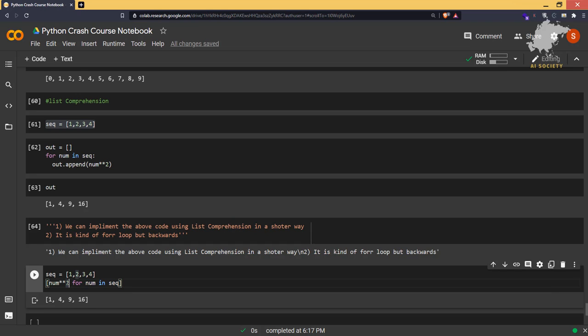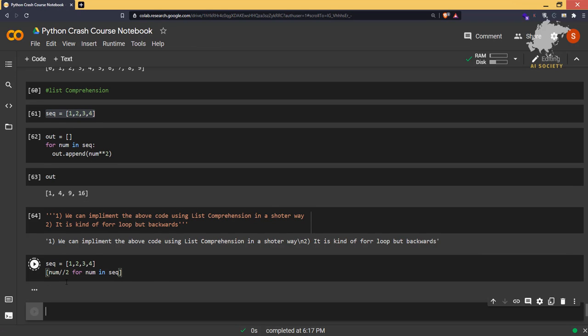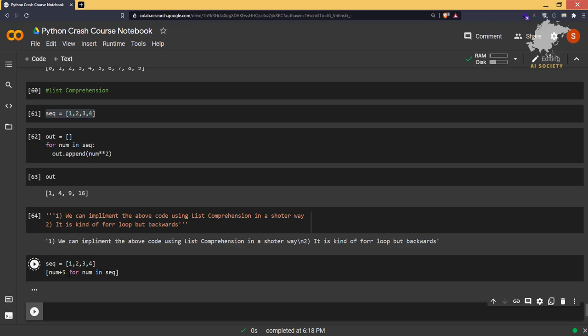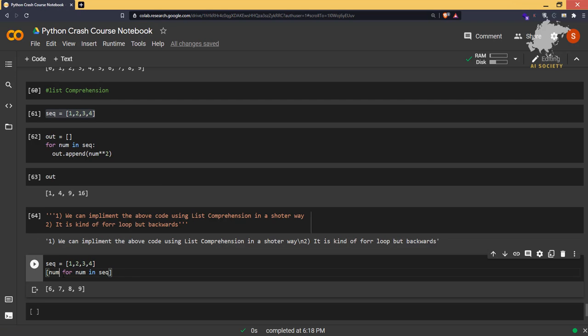You want to perform power by 2, just do that here. You want to perform division by 2, you can do that here. You want to print, whatever you want. You want addition by some number. It's just a small thing I'm telling you. You can do much more than that. Okay, so that is the beauty of this list comprehension, and we are going to use that heavily